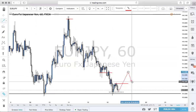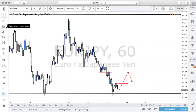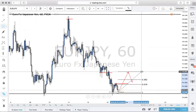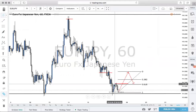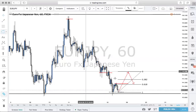And when you get the pullback, the pullback could come in right into previous structure. But the key part of this 2618 trade is that you get a 618. Okay, so boom, you get the 618 retracement. As long as it breaks this previous high here on this double bottom, you're waiting for the turn, the retracement, pullback, whatever terminology you want to use, and you're waiting for that 618 retracement,